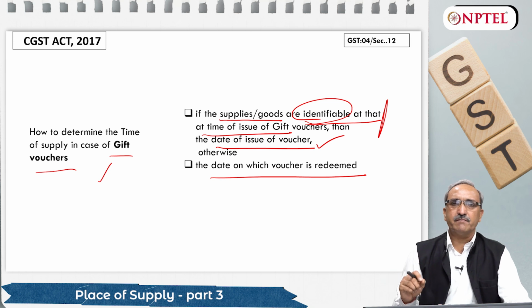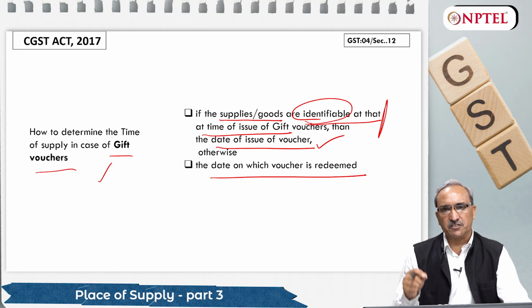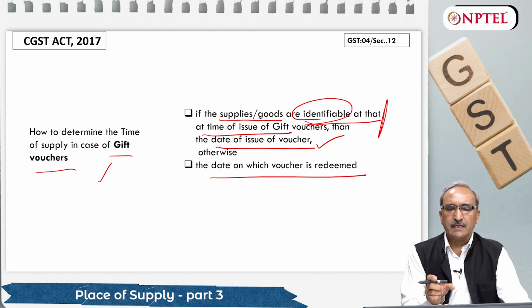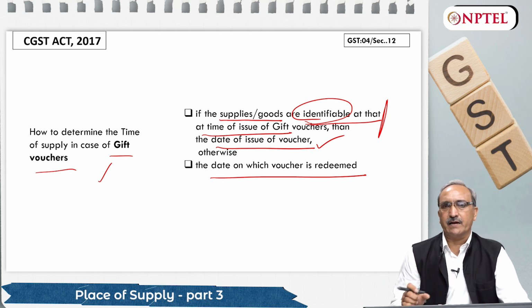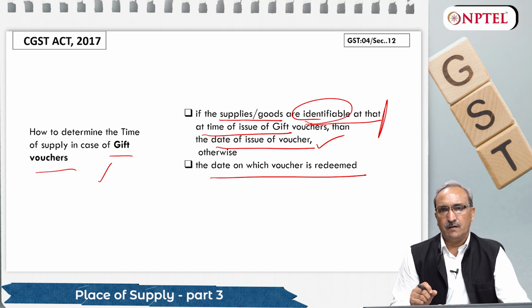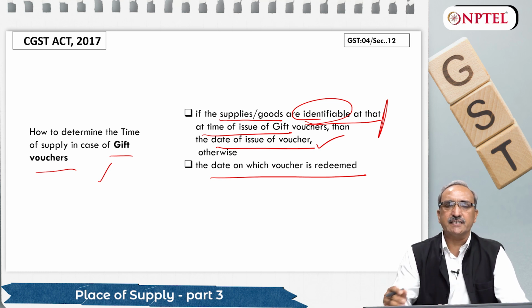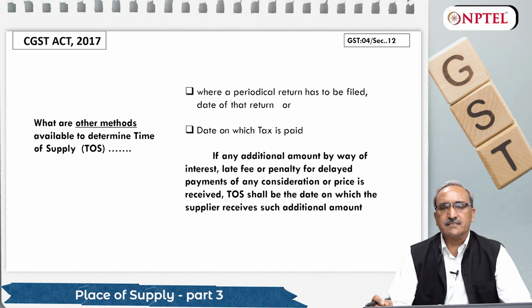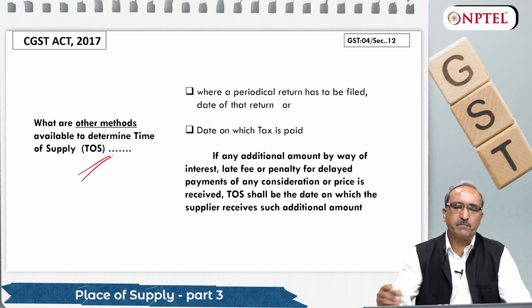So point of taxation means when the transaction is noticed, registered in record and accordingly tax will be paid. If any transactions happened in the month of April, from 1st April to 30th of April, in these 30 days anything is purchased or sold, its tax has to be paid according to April. Time is April. And GST has given the rule and regulation how this tax will be paid further. What other methods are available if the given situations are not clear, how we will determine the time of supply.